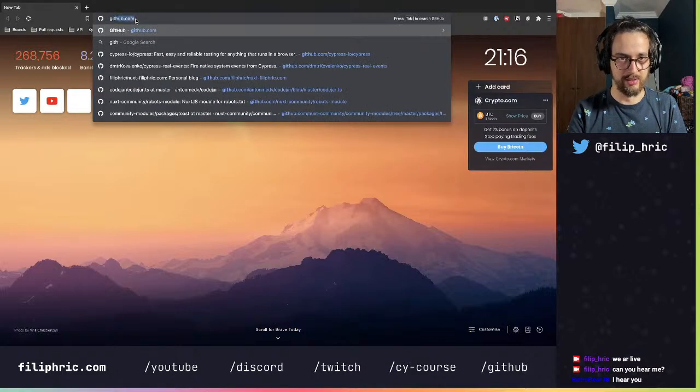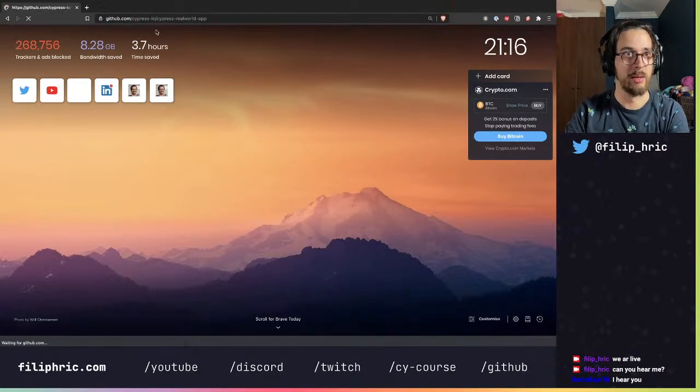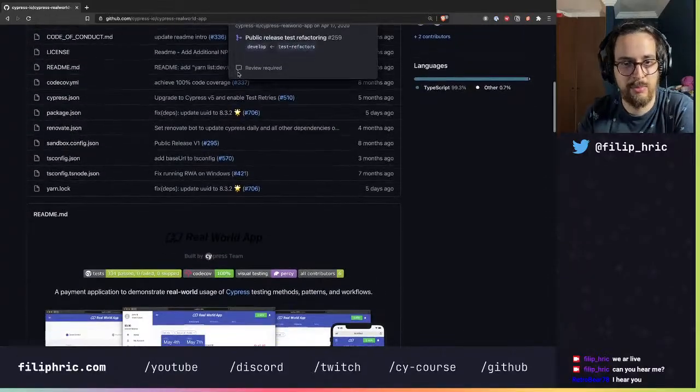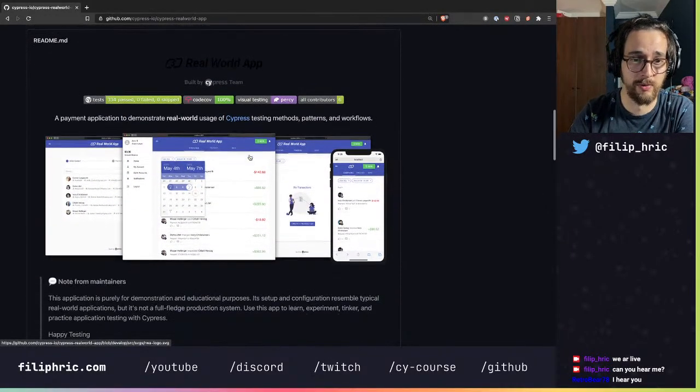Let's see, it's on GitHub, cypress-real-world-app. Okay, so this is the app that Cypress has made to showcase what Cypress is capable of.